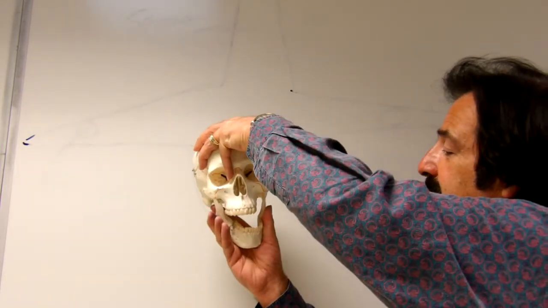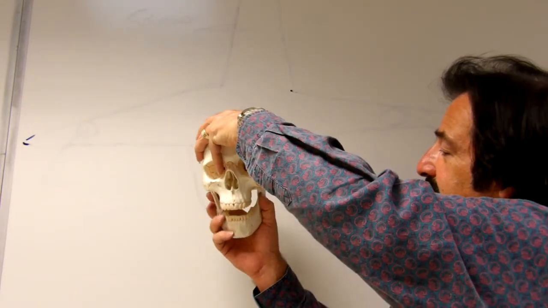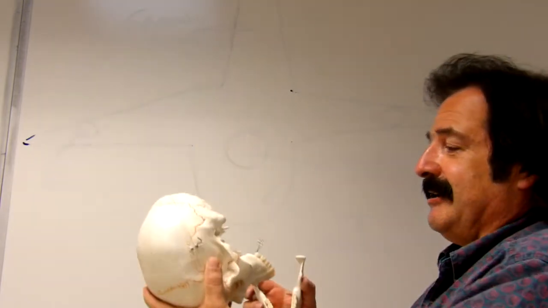Okay? This forms the temporomandibular joint, TMJ. Okay. The other square on page 26, the atlas